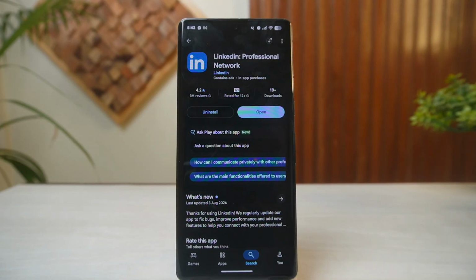How to fix LinkedIn notifications not working. To fix the LinkedIn notification not working error, first of all, you must verify your notification preferences inside the LinkedIn